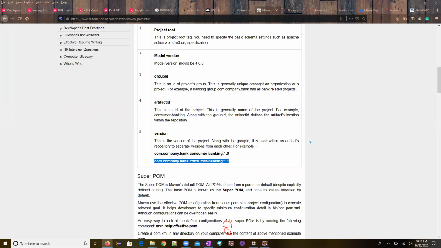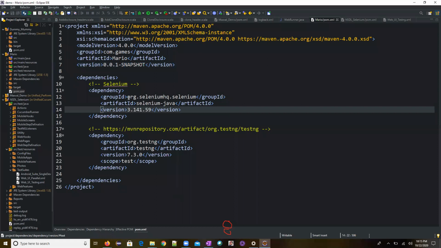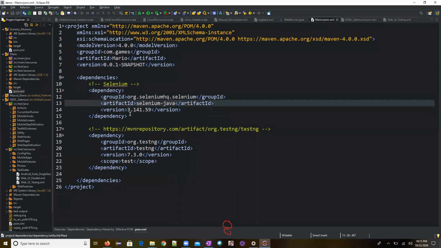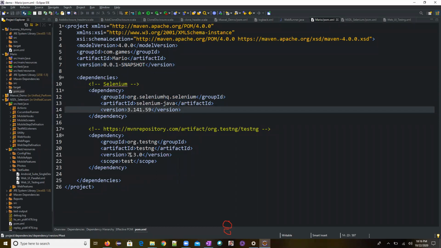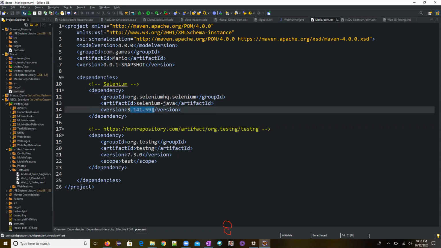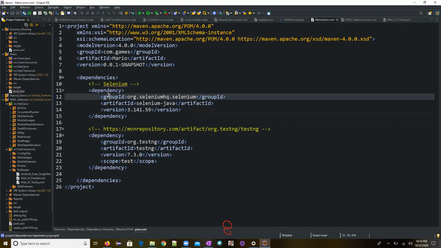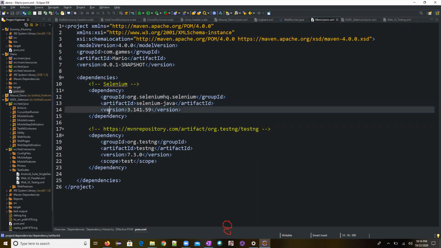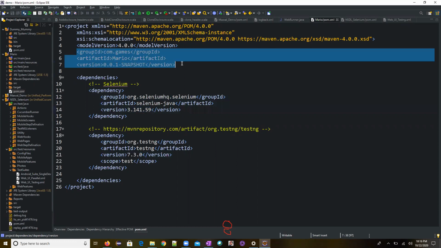I can give only 1.0. Why did I want to write all these things? Who stopped you? None of the people will stop. Now if you see Selenium, did they give the group ID colon the artifact ID and the version number? No, directly they have given 3.141.59. They have given it. Okay, fine, let it take. Got it, right? So this is the group ID, artifact ID, and the version, which you are seeing over here.